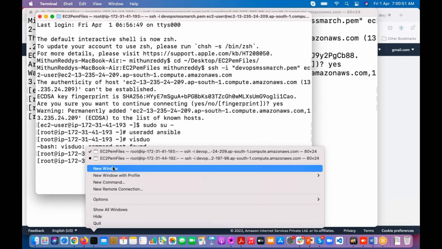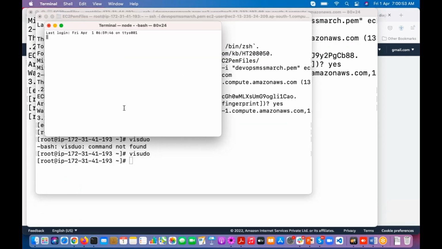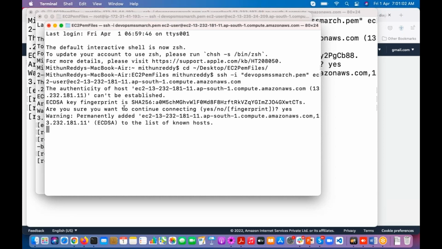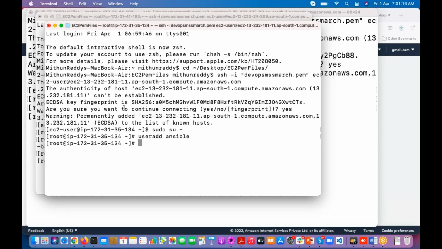I'm going to open another terminal. User add ansible. Then I'm going to,